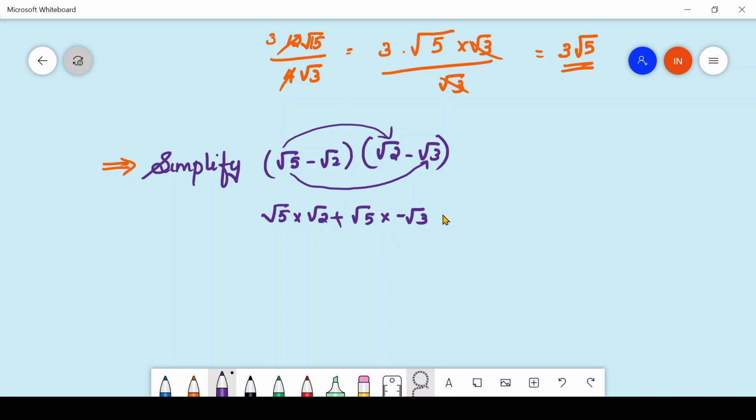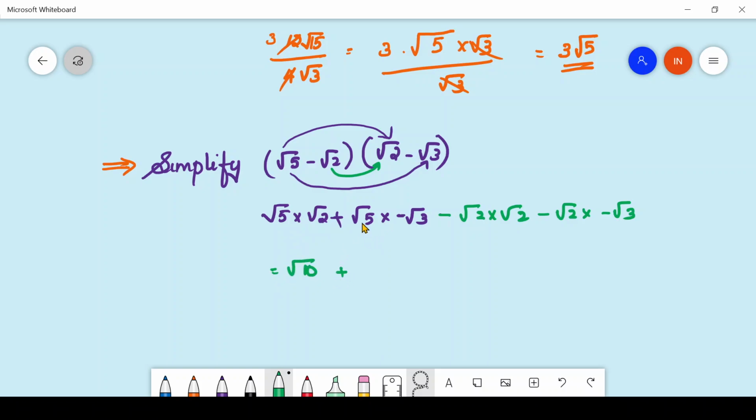Then next, again you can see here, I will use another color, this one: negative root 2 into root 2. What will be the answer? Yes, you have to write negative root 2 into root 2. Again it comes like negative root 2 into, yes, negative root 3. So let's do the operation over here. So root 2 into root 5, you will get root 10, yes, plus